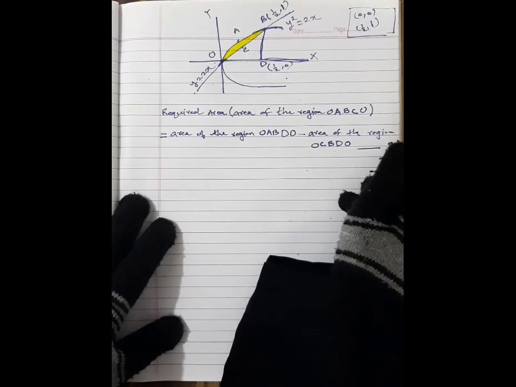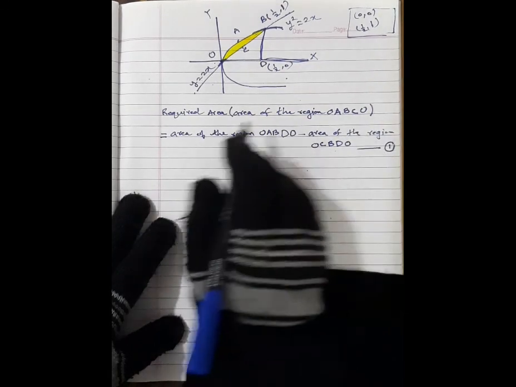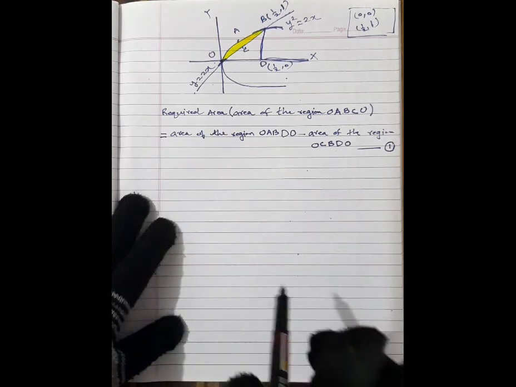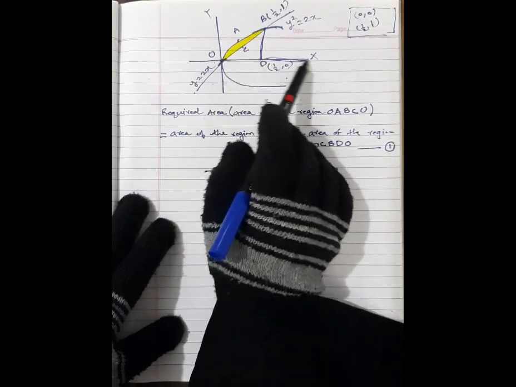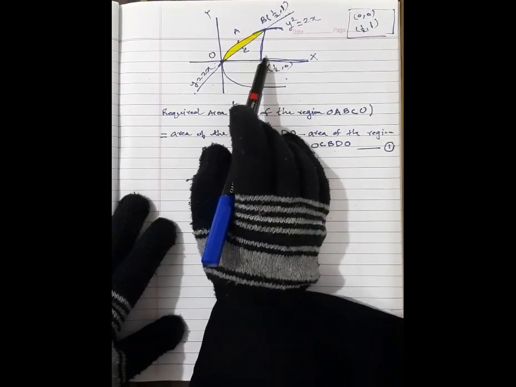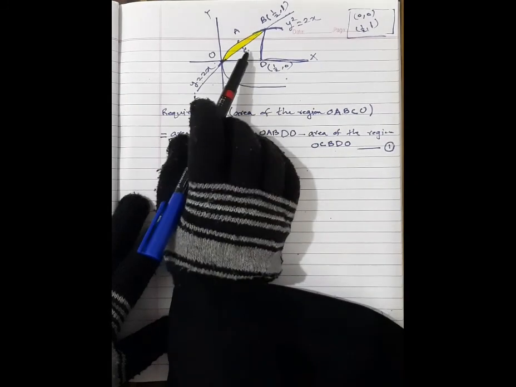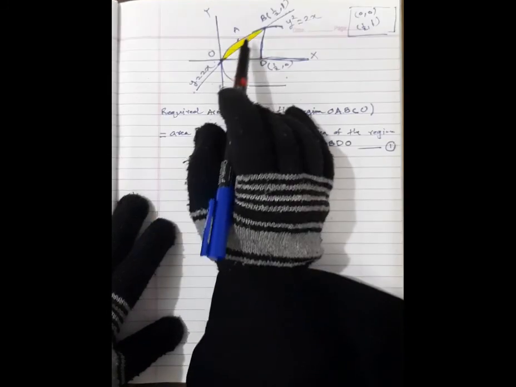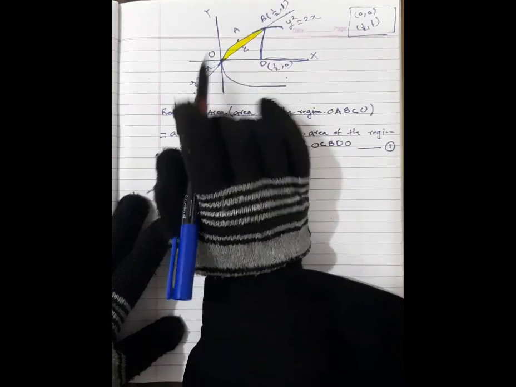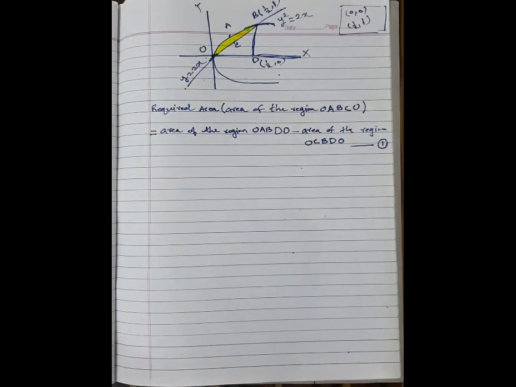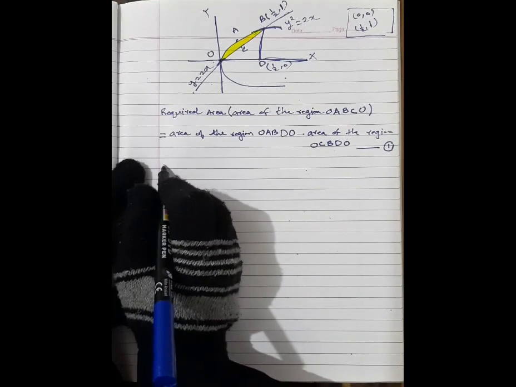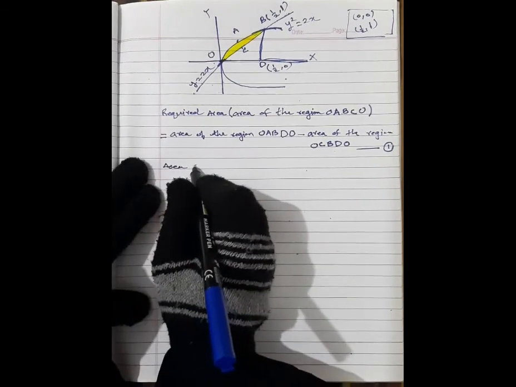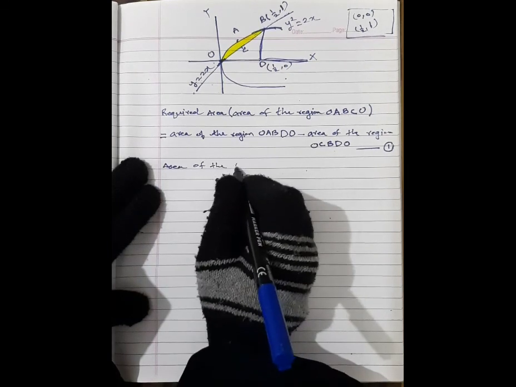So here students will mark this as 1. So for finding the required area, students will find two areas. One area is the area of one part of this parabola, and the next is the area of this region, which includes the line y is equal to 2x. So first we'll find the area of the region OABDO. First we'll find the area of the region